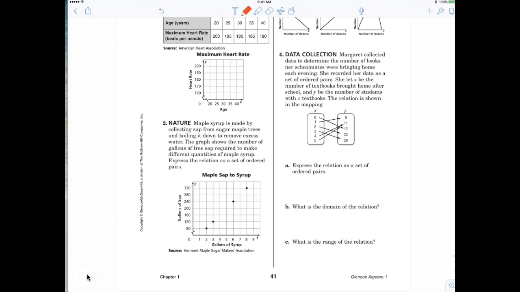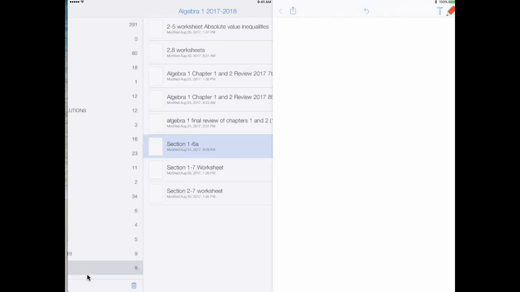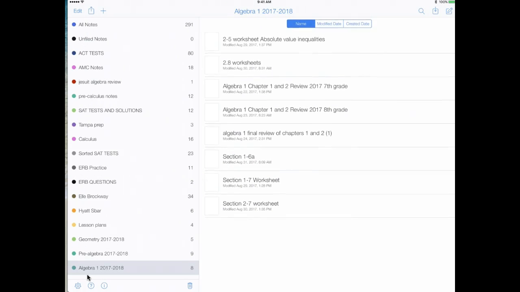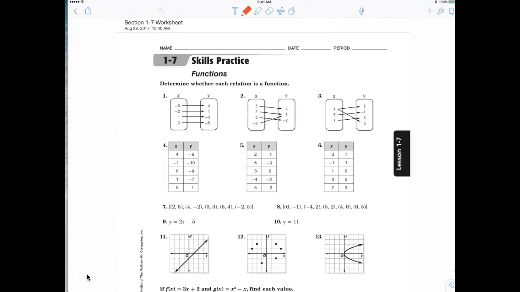All right, now let's go into today's assignment. And I think today's assignment is 1-7. All right. Again, today I feel it's just super easy if you know a definition. All right. Today we're going to talk about functions. All right. Now, again,